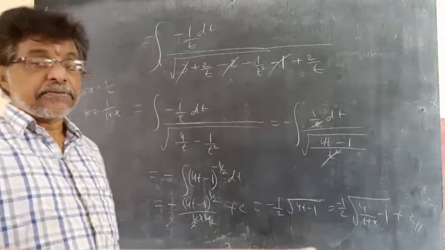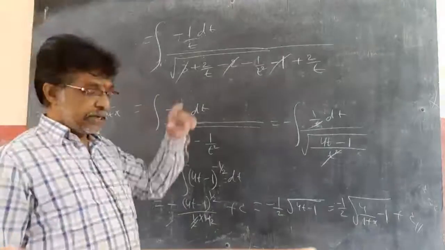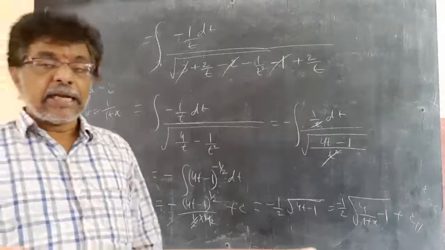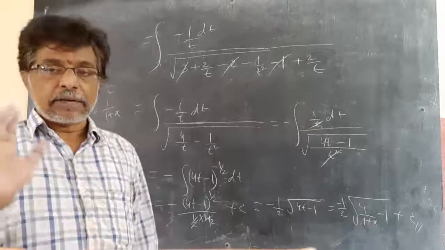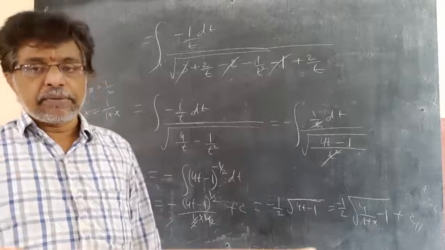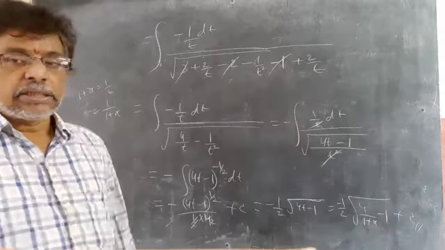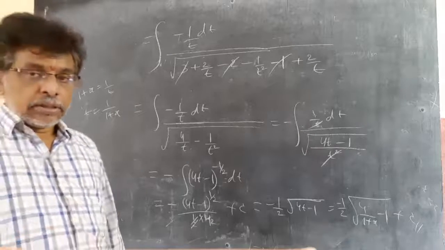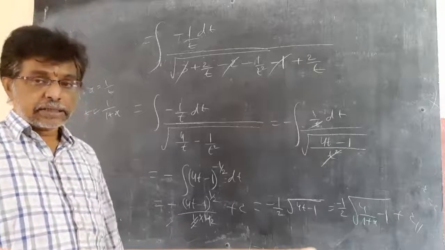This is the third method for 7 mark. Both are in denominator. If both are in denominator, you should take linear equal to 1 by t. This is the basic part, the concept you need to remember. So linear equal to 1 by t, remaining part as it is. Simple. This is one more 7 mark method.